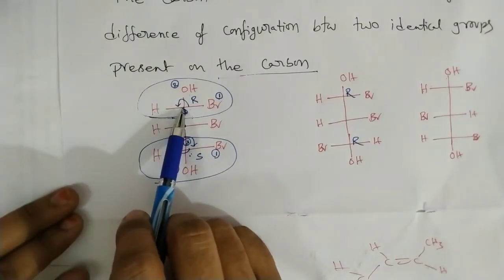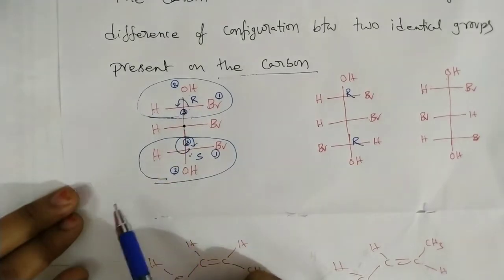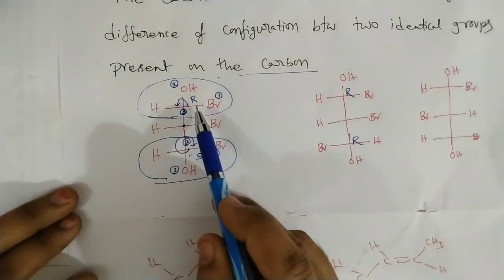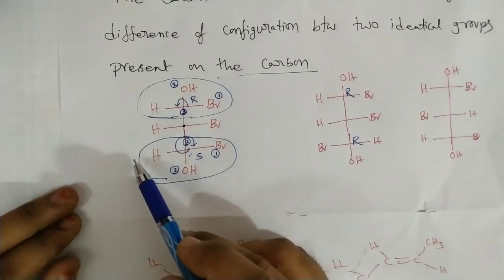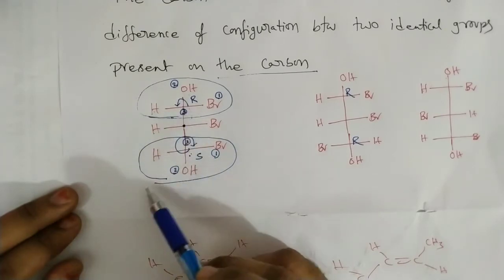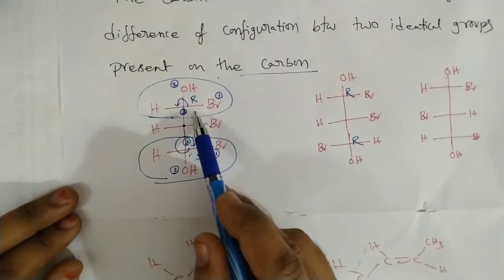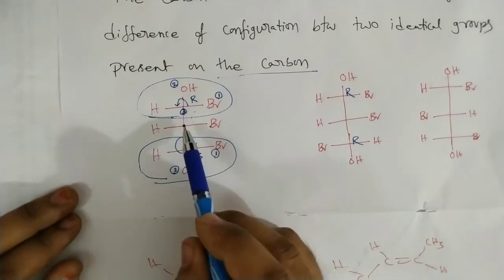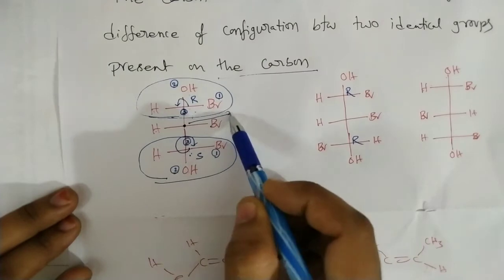At this chiral carbon, the configuration is R. At this chiral carbon, the configuration is S. I think you are familiar with the RS configuration, the absolute configuration based on the CIP rules. After deciding the configuration, here R configuration, here S configuration. Now hydrogen and bromine, these two are different, and these two are structurally the same but configurationally different. So this carbon is attached to four different groups, and this carbon is known as a pseudo-chiral carbon.